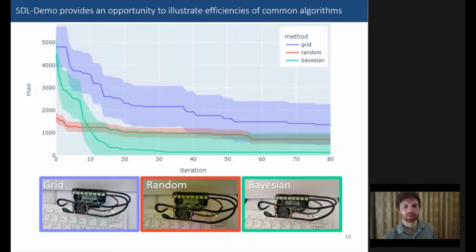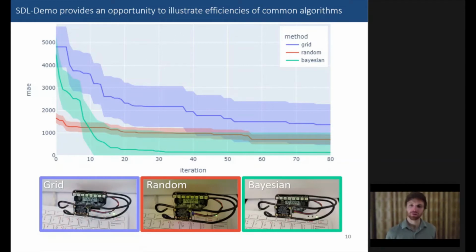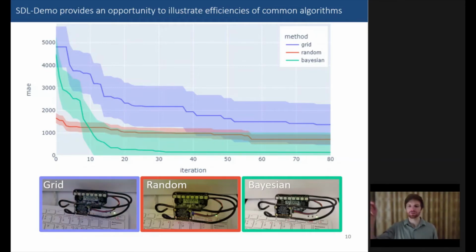And we can take a look at what each of these searches look like qualitatively. So with the grid search, you can see that it's starting from 0 power and then increasing the brightness for a fixed color and then moving on to a somewhat different color and it repeats that. Whereas with random search, you'll see that it's picking random intensities, random colors. As the name implies, you're getting just a random search, which can be fairly efficient and generally more efficient than grid search. And last, we have a Bayesian optimization algorithm,